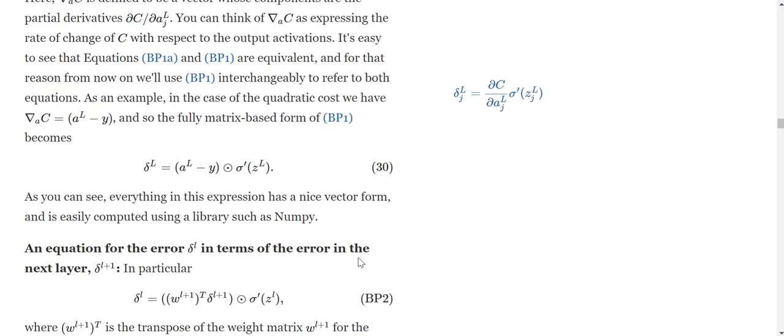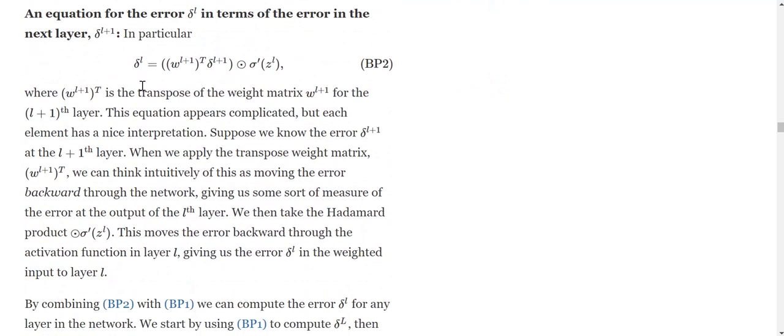Okay, so I hope this makes sense. So now moving on, an equation for delta L in terms of error in the next layer, delta L plus 1. So now we are at the second equation of backpropagation. So now you have delta L, the error, which is expressed as W superscript L plus 1, the transpose, then you take the matrix multiplication with delta L plus 1, take the Hadamard product with the derivative